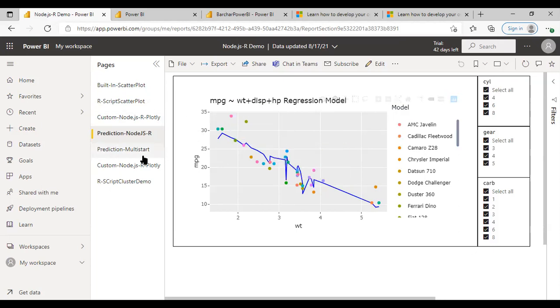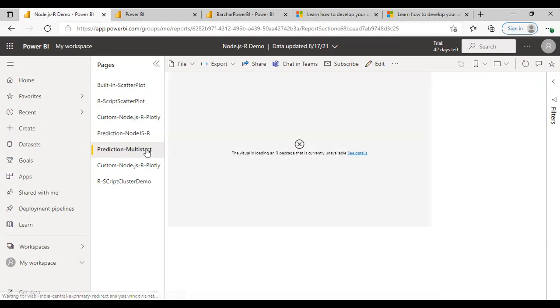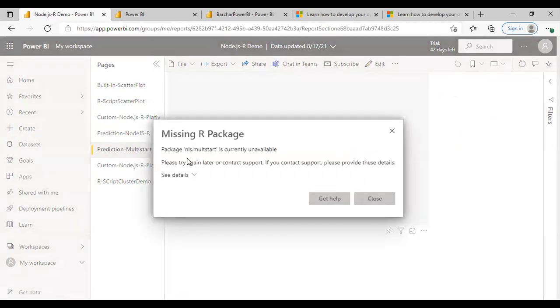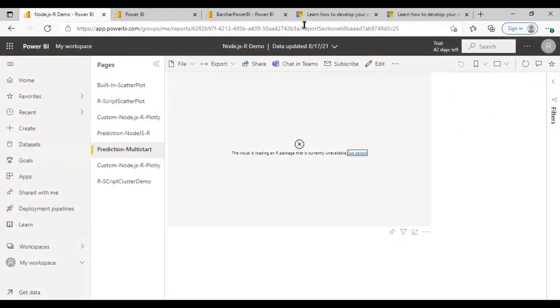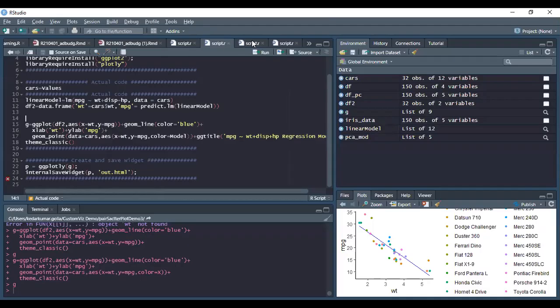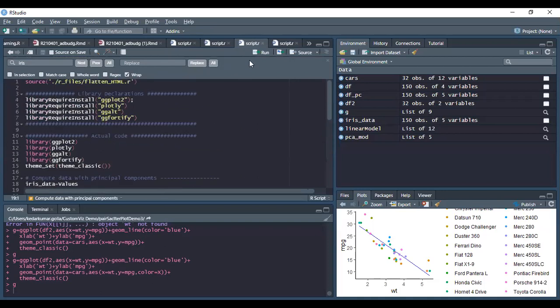So I just want to show you one more thing. This same prediction visual I have tried to publish here, but it is showing something. It is saying NLS.multistart is currently unavailable. What I did is, I expanded my code to use multistart.